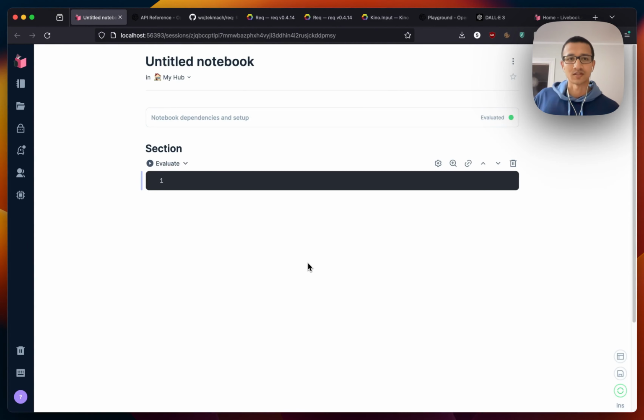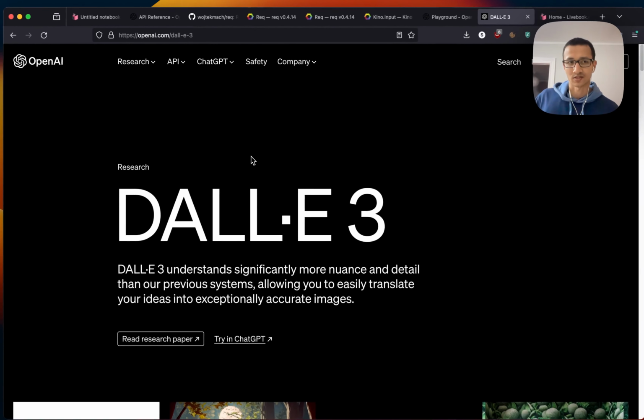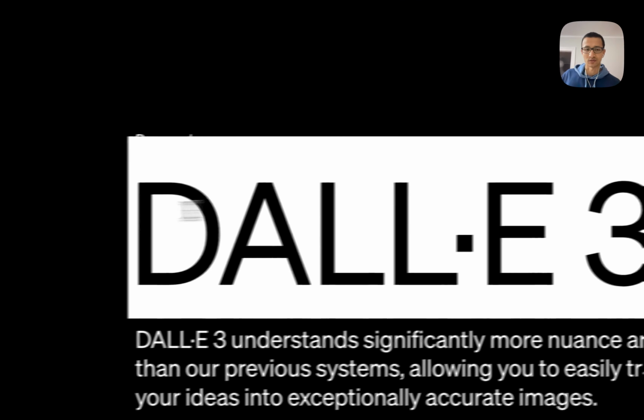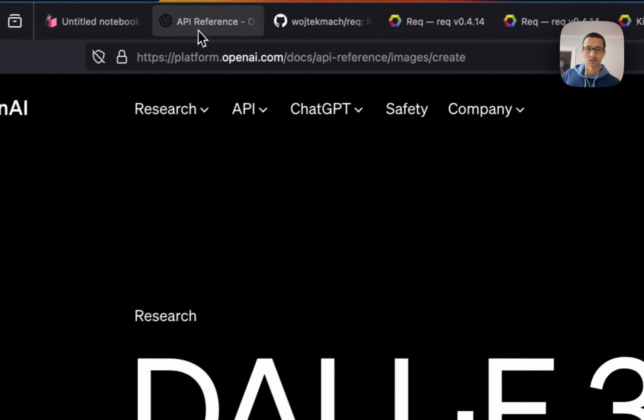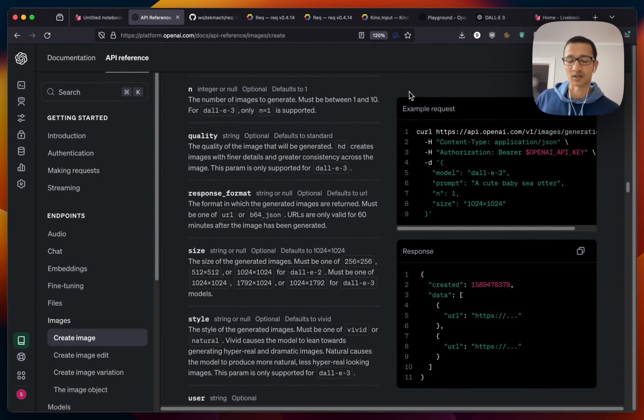Hello everyone. So in this video we are going to use Elixir and Livebook to develop a small app to try out the OpenAI DALLE-3 text to image API. Right now there's really no way to try DALLE-3 if you don't have a ChatGPT Plus subscription. So what we'll basically do is develop a better UI over this